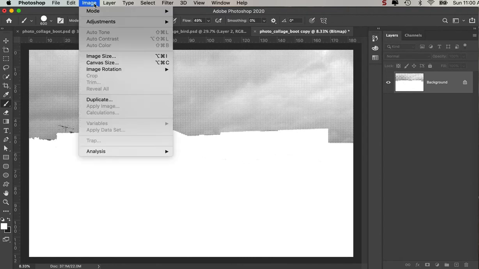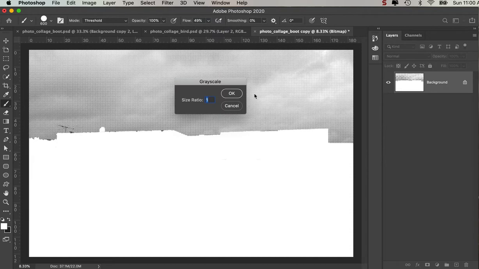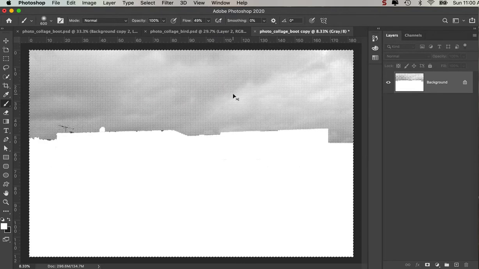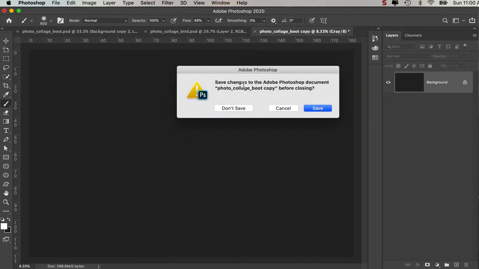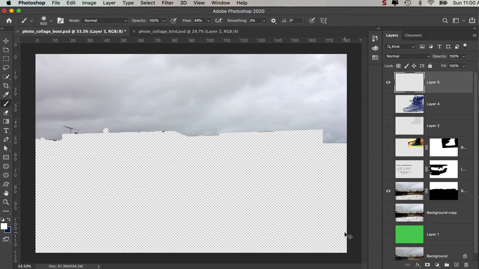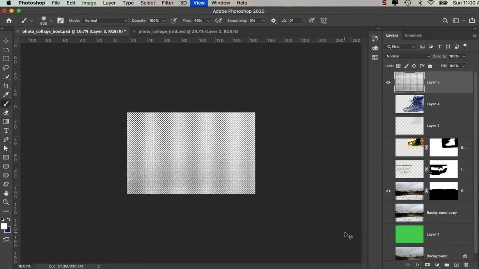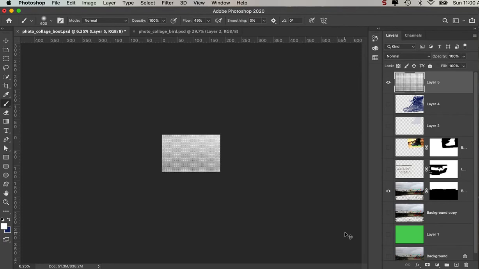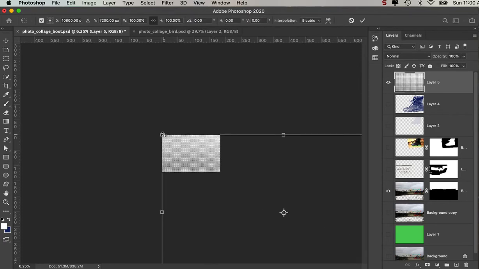And then the same thing, I'm going to go image mode, grayscale, okay, select all of that and cut it or copy it. I can close that window now and not save it, don't need it. And now I'm back to this image here. So the first thing I'm going to do is make a new layer, and I'm going to Command V, paste that dot screen, and obviously because of the resolution it's a lot bigger, so go Command T,